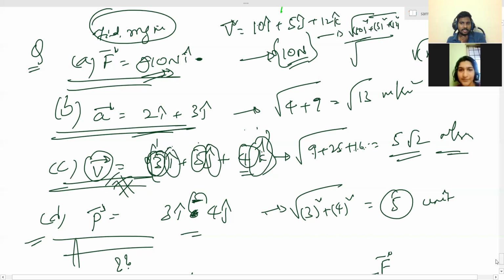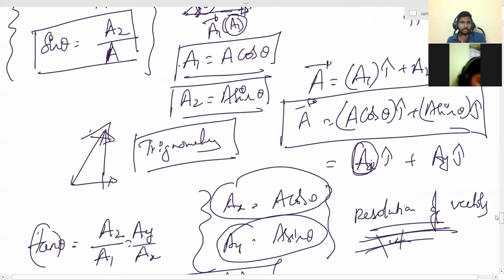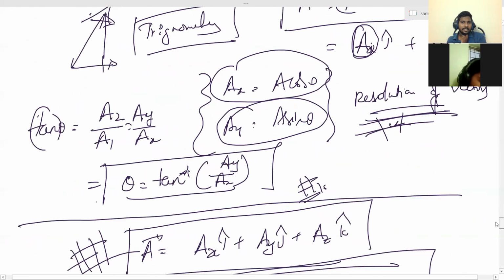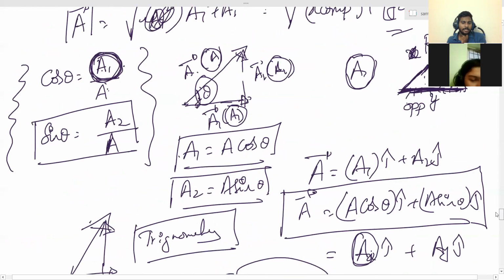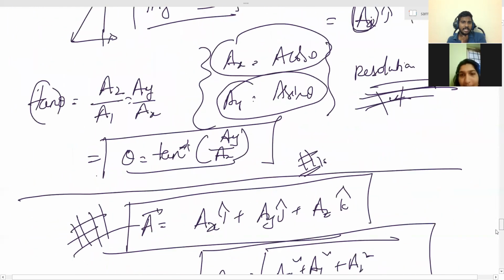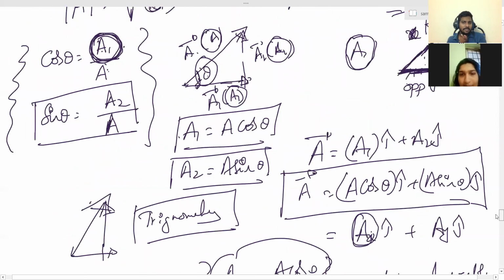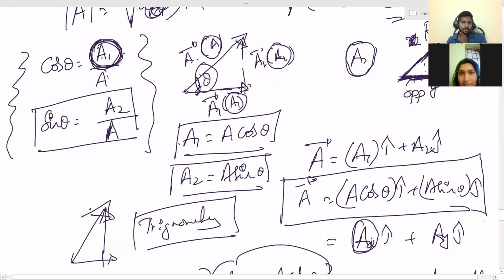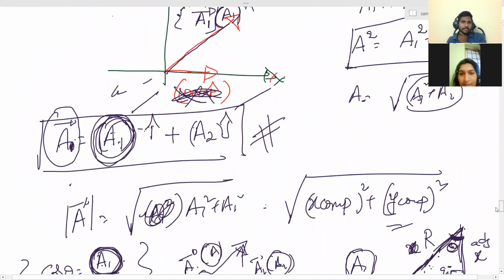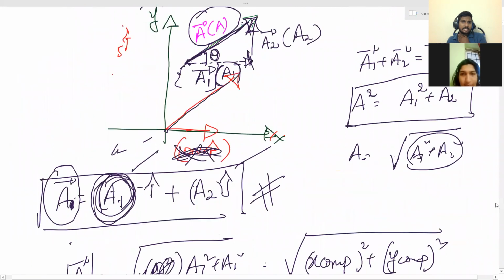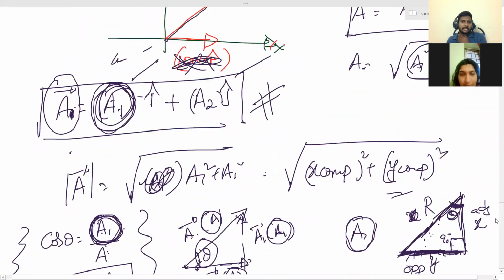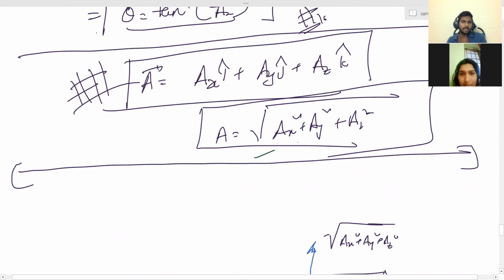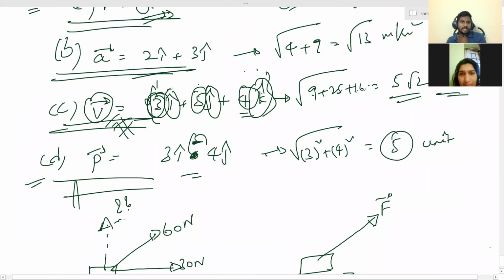Previous class, that's what we have discussed. You don't remember? I told you any vector can be represented in two components. Like that, if a three-dimensional vector is there, three components. One is i cap, one is j cap, one is k cap. This is one easy way. I'm not saying that is the only way. Because Pythagoras theorem we know on a right angle triangle, if you find out, it becomes easy. X and Y and Z axes are perpendicular to each other. If three vectors are there, I can represent in root over x component square plus y component square plus z component square. So here x component is given as 3, y component is 5, z component is 4.